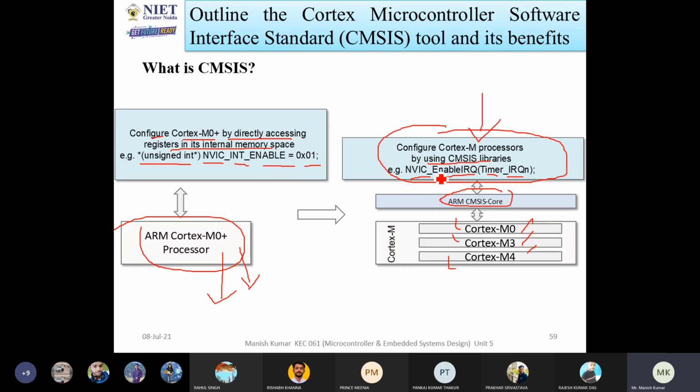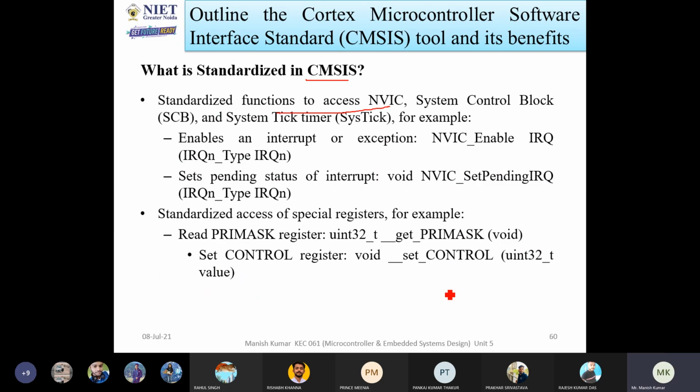Whenever you want to access the NVIC, meaning you are going to handle the interrupts, then you can use NVIC interrupt enable 0+01. With the help of these, you are enabling the NVIC controller. So the NVIC controller is responsible for handling different types of interrupts. So this is general, you can use it in Cortex-M0, Cortex-M1, Cortex-M3, Cortex-M4, like that.